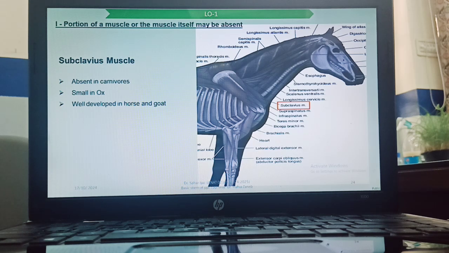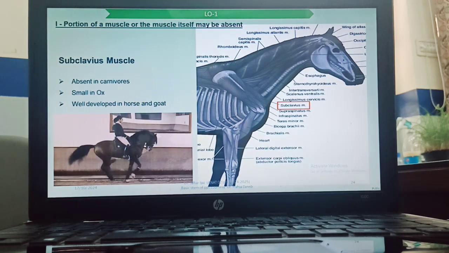It will be functional in the horse and is also functional in the goat, and they are well developed there, but in the other species it is not there. In case of the cow, the fibers would be found, but they are not functional. Now this is the muscle. If you look at this video,